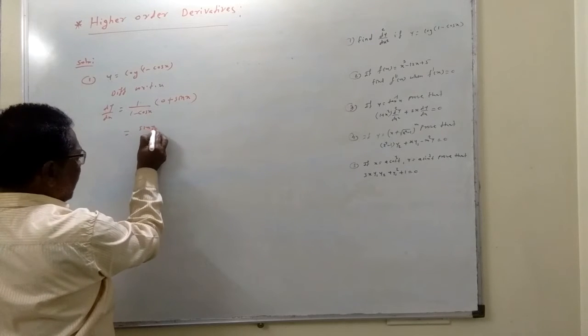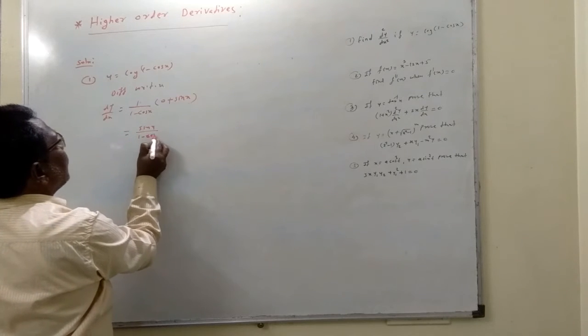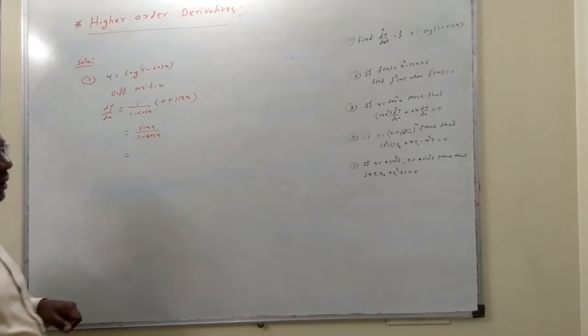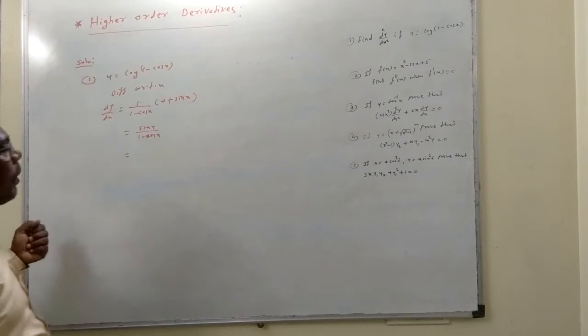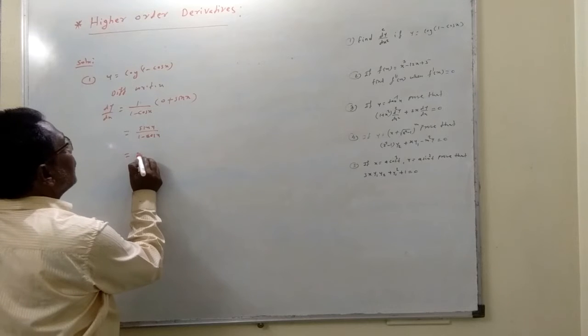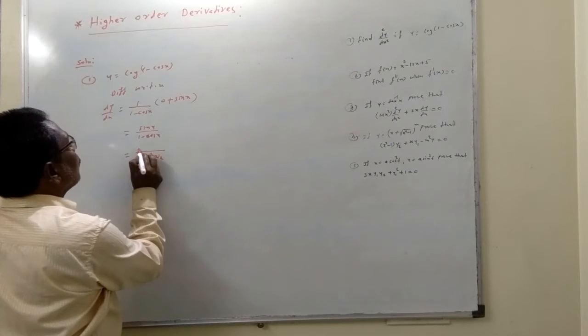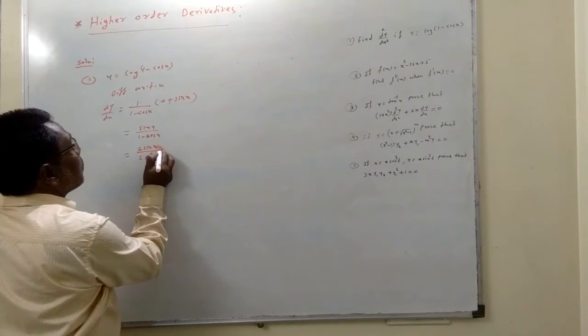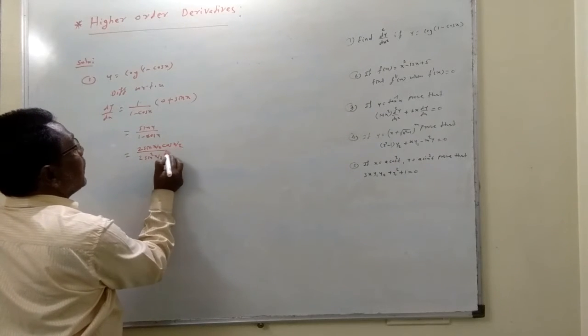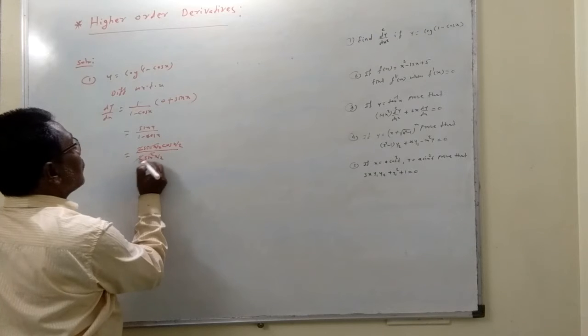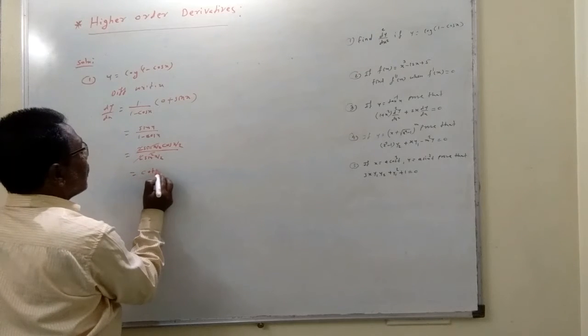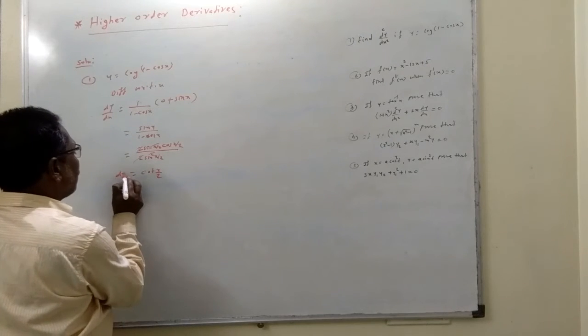So this is sin x divided by 1 minus cos x. Now here, instead of using this u by v formula, we can simplify this. So 1 minus cos x formula is 2 sin square x by 2. So 2 sin x by 2 and cos x by 2, and one sin x by 2 gets cancelled. So cos upon sin is cot x by 2.